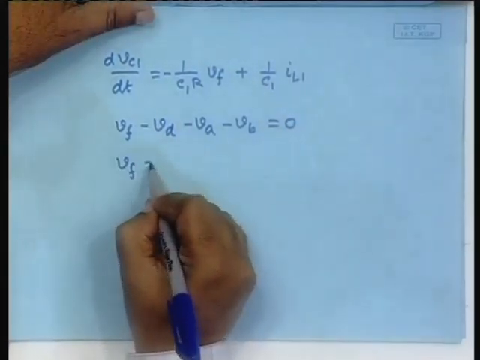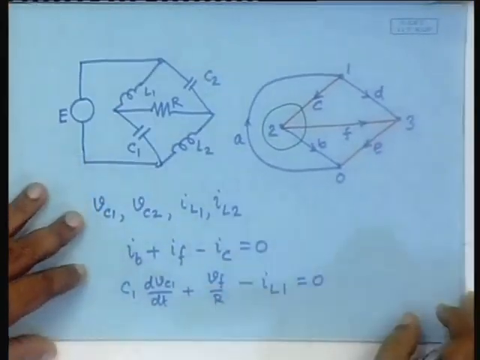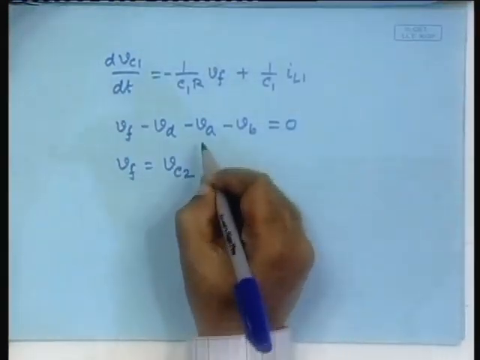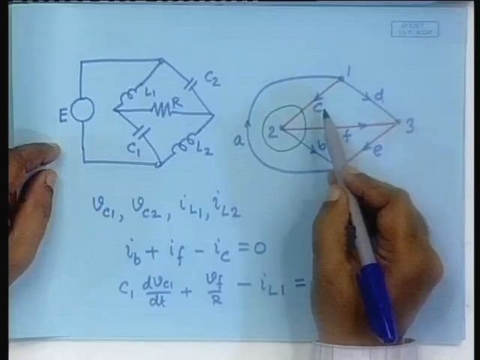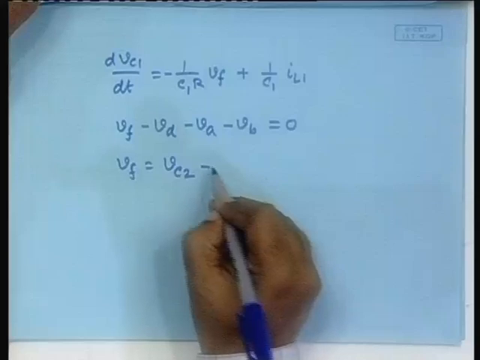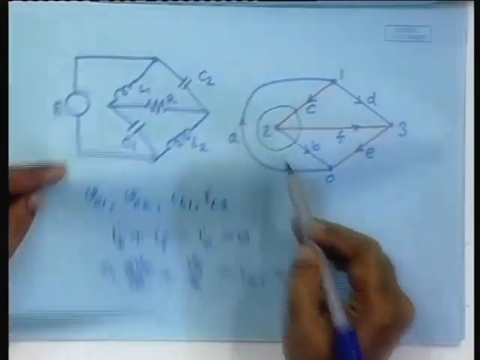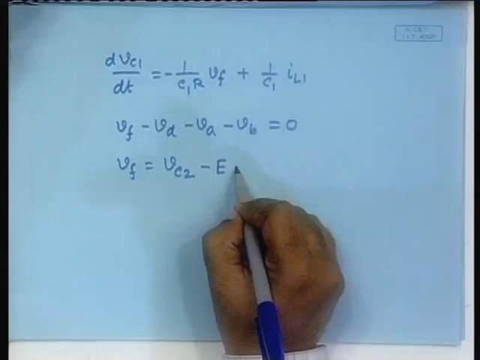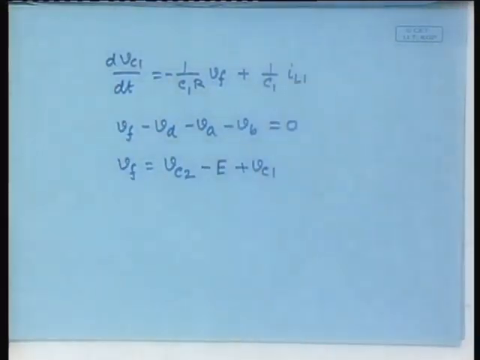So, VF is equal to VD, yes, VC2, plus VA is, yes, opposite. So, minus E, and VB is, okay, substitute, you got it. So, this is how the equations are to